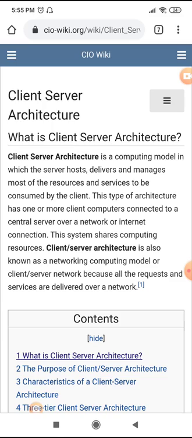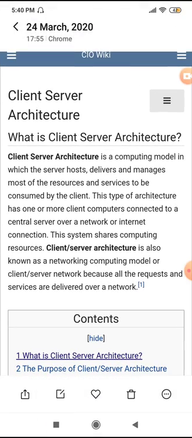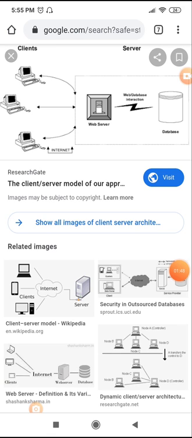Okay, now you can see the example graphical representation of a client server architecture. You can see a number of computer machines which are considered as client machines, and all the machines are connected to a particular server environment, which represents a connection with the help of a network, or we can say internet. Both are possible: maybe a local area network, a wide area network, or a metropolitan area network. All kinds of connection can be considered here.